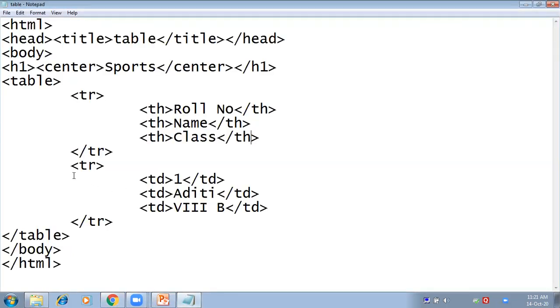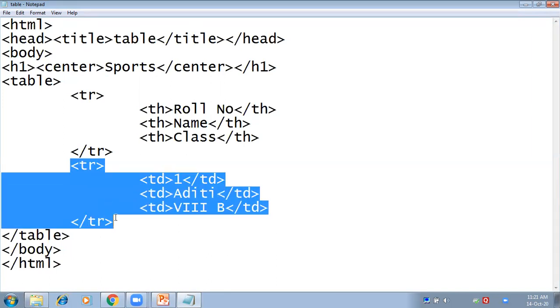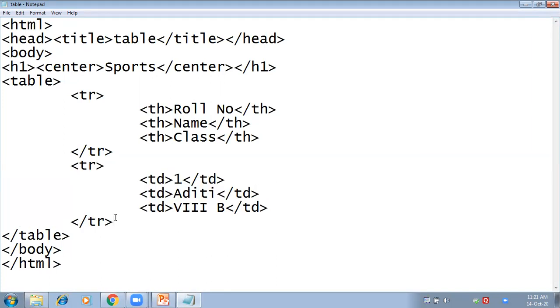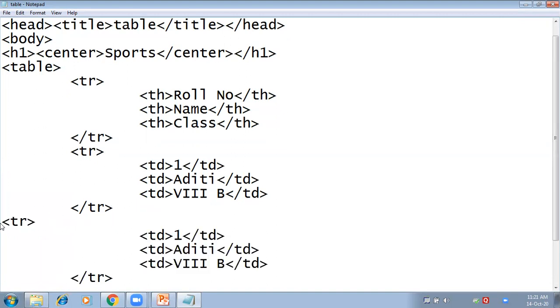So now we are going to insert the third row. So copy the code and paste it, and here I'm going to do the changes.